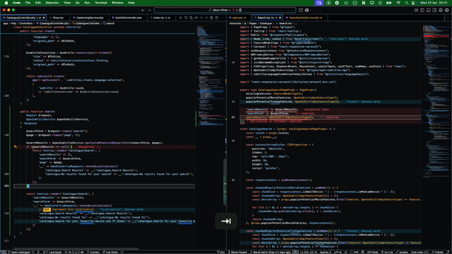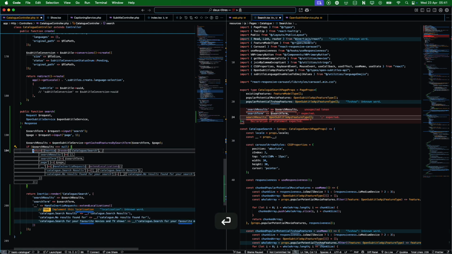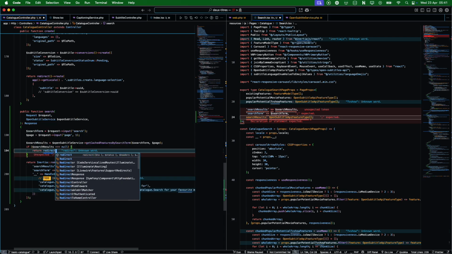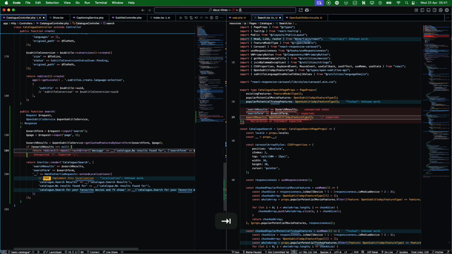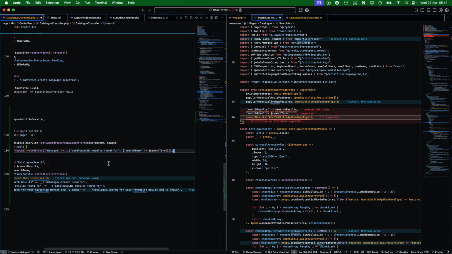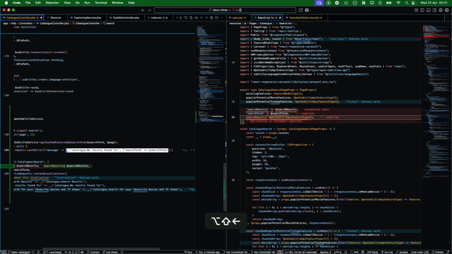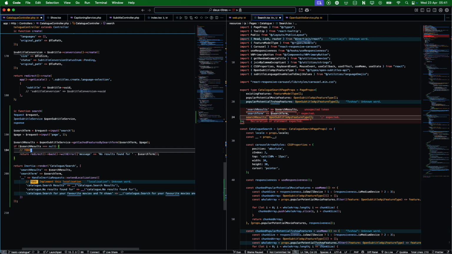Add some error handling. Add localization,